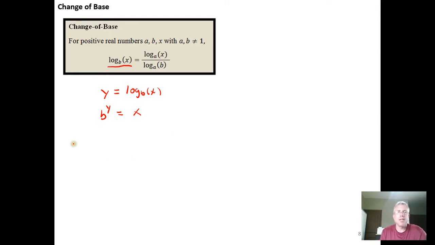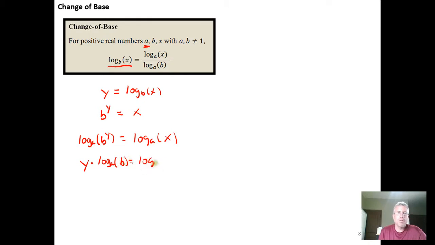And then once I do that, I can take log base a of both sides, where a is any legitimate base. So we're going to take the left hand side and input it into log base a, which means we need to take the right hand side and do the same thing. And then remember, from the log properties, we had the power property that says if we have b to the y inside log base a, the y can be brought down front into a product position. So we can rewrite this as y times log base a of b